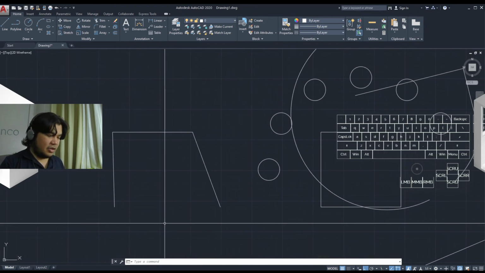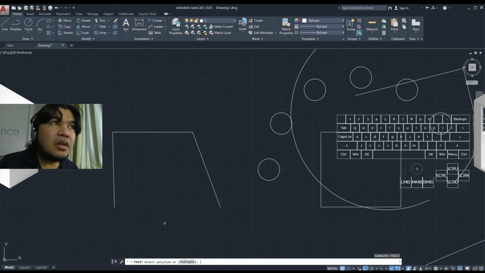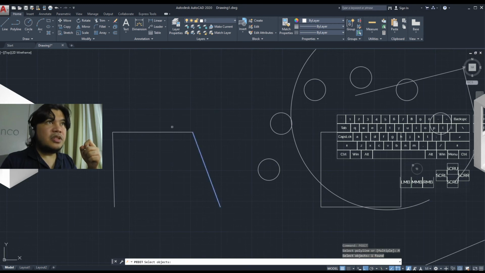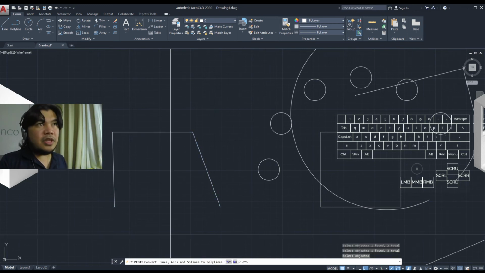So we will invoke the command through pedit, which is shortened polyline edit, pedit. And we want to select more than one. So for this example, we're using these 3 lines. So we'll select multiple, select all of them, and then commit the command